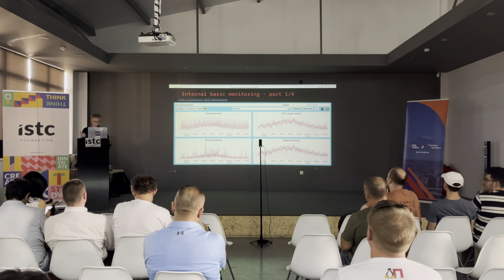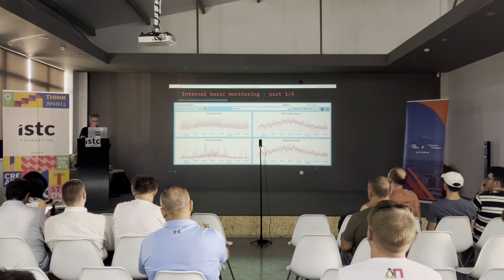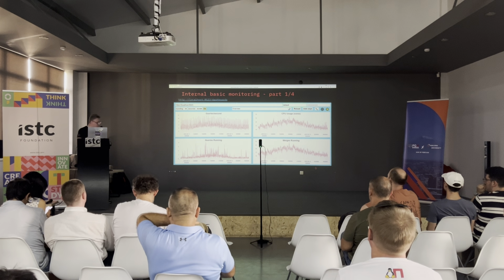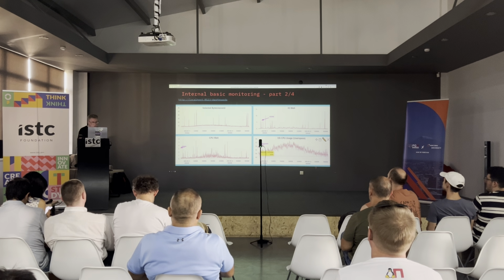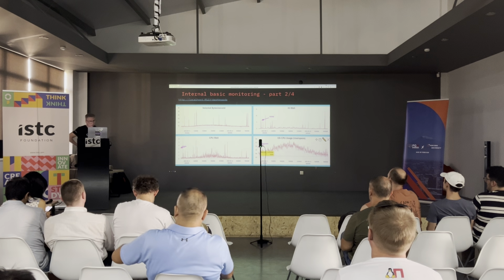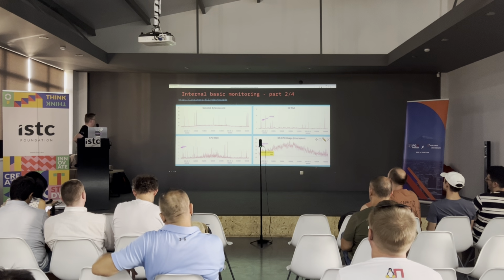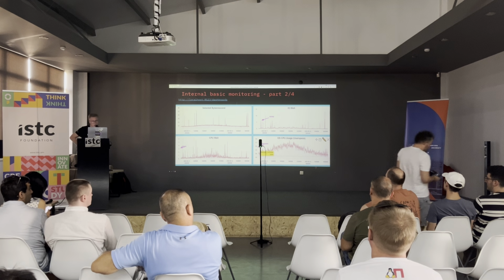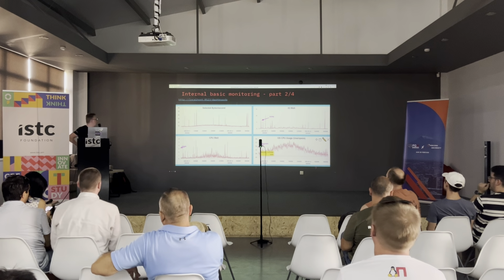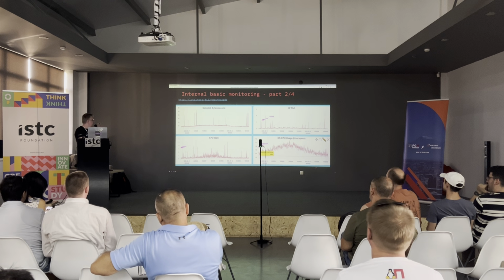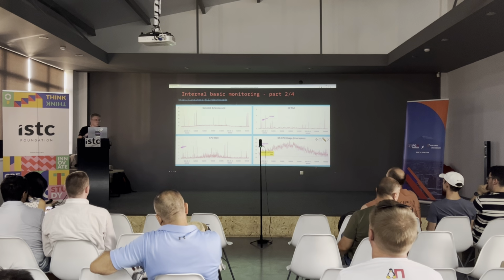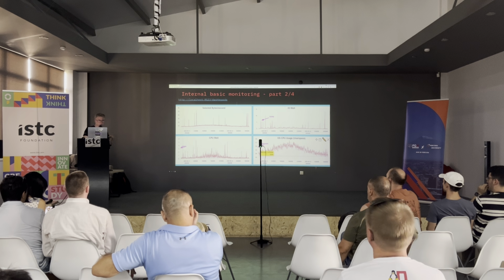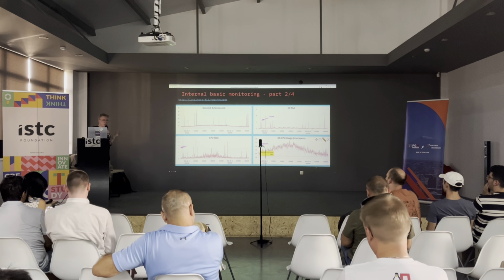On the bottom right, you look at the merges running graph. This graph shows us how many background merges are executed at the same time. Next portion of graphs, on the top left, you look at the selected bytes per second graph. It shows us read throughput. As you see, we have some rare spikes with high values here. If it's unexpected, it could mean bad filter conditions, or bad partition key, or bad primary key efficiency